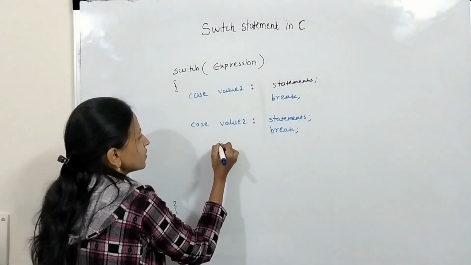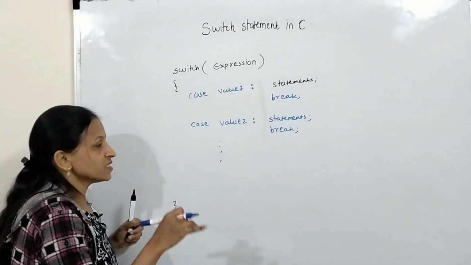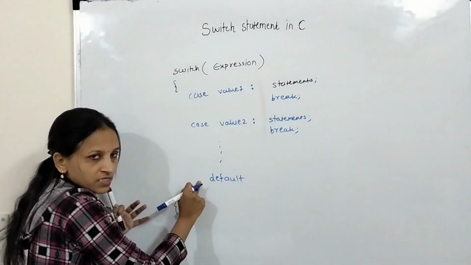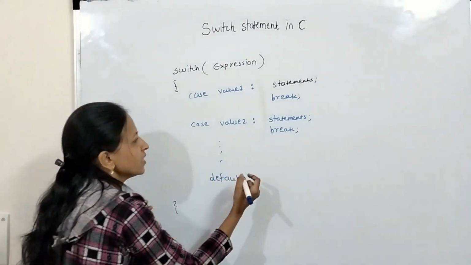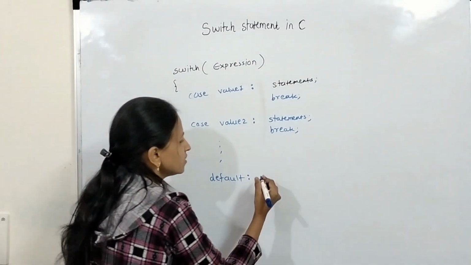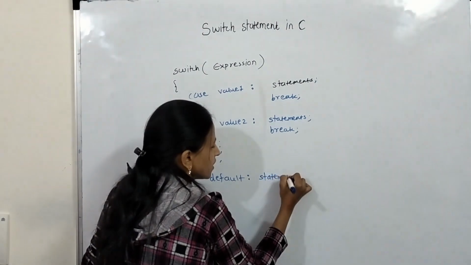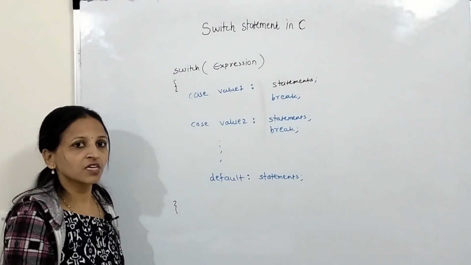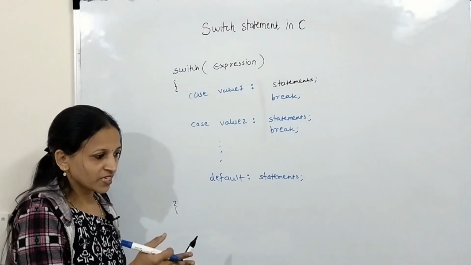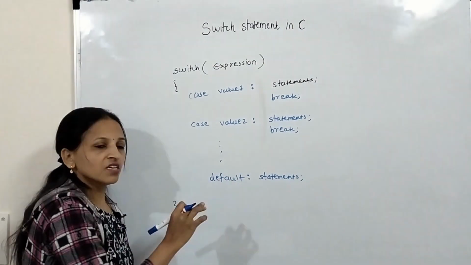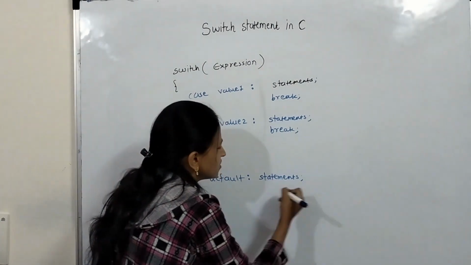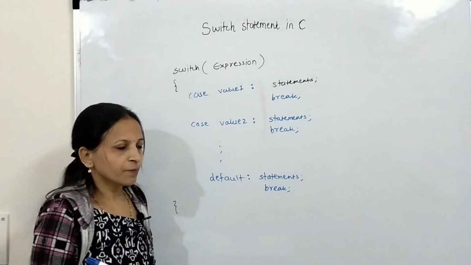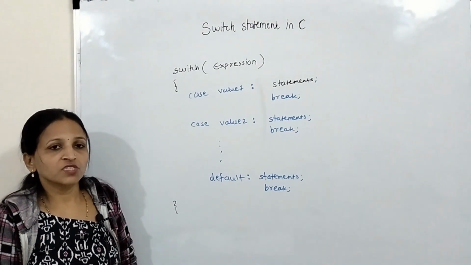Now next one is like this one, you can put any number of cases, and finally you can place default case using default keyword like default. Don't write here case default, you just write here default and just colon, and then whatever statements, actually these statements are inside the final else block. If you are thinking like if else if ladder, then at the end whatever statements you place inside that final else, that we can put here inside default like statements, and there is no need to place this break after this. You can skip this, no problem. This is the normal syntax of using switch case statement.